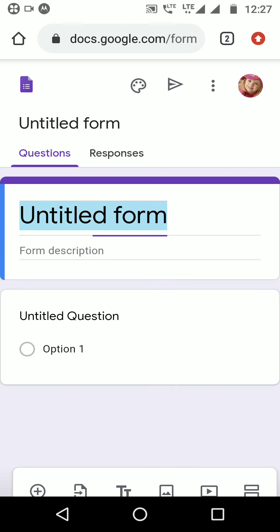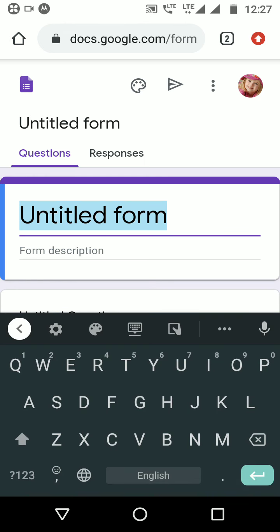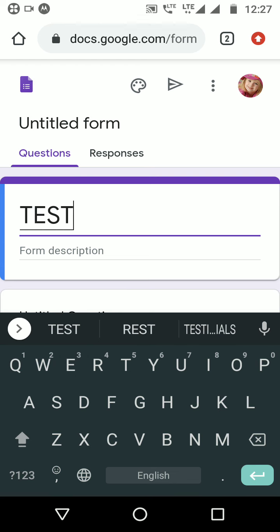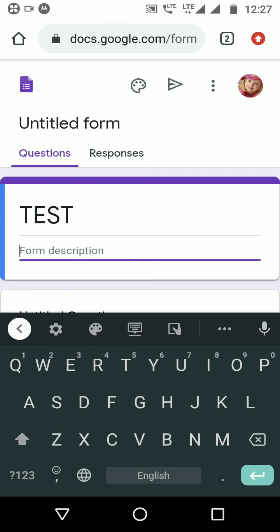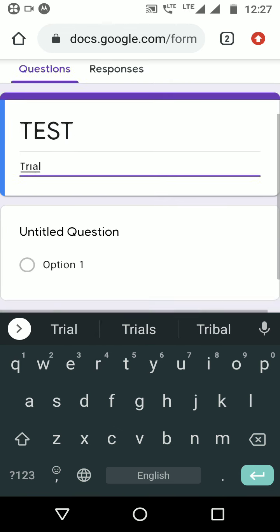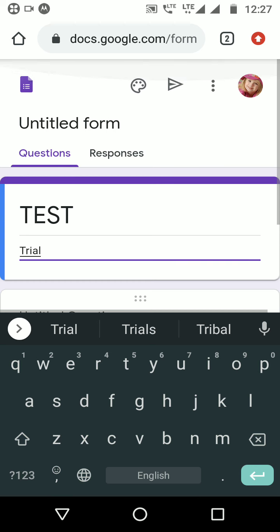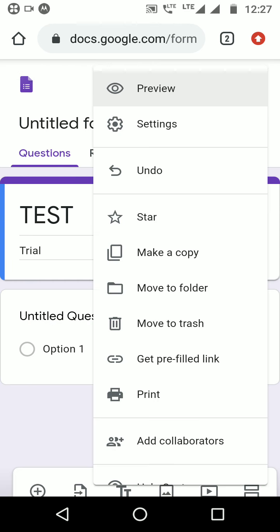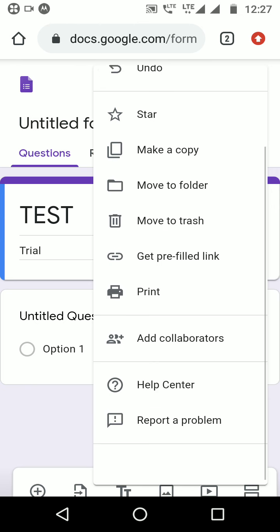can give your form a title. Say I give the form a title stating it as test. You can give a description to the form, so let it be a trial form, and you have the questions here. Before entering into the questions, you can go into the three-button menu, and you will have